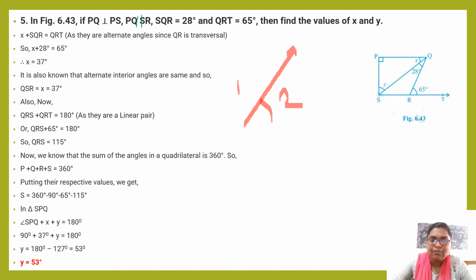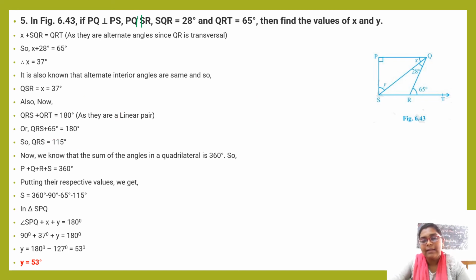How we are telling, if we add the angles of a triangle, we will get 180 degrees. Like that, if we add the angles in the quadrilateral, you will get 360 degrees. If you notice the figure, this PQRS is a quadrilateral. So if we are adding all the angles, we should get 360 degrees. Okay. So here angle P we are having, angle Q we are having, angle R we are having, but S we are not having. Okay. So we are going to find that. So S is equal to 360 degrees minus the remaining values.